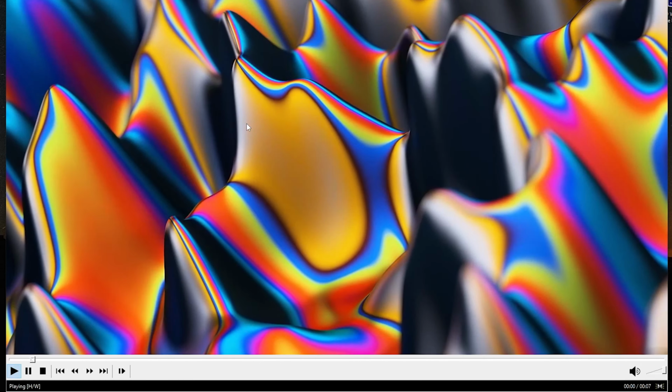Alright, and next we have iridescent liquid material. Whoa, they look, I would say, hypnotizing. I'm not sure where I would use such background effects, probably if I was streaming some psychedelic or relaxing music, but otherwise, I don't know.